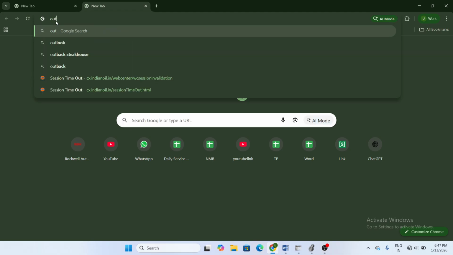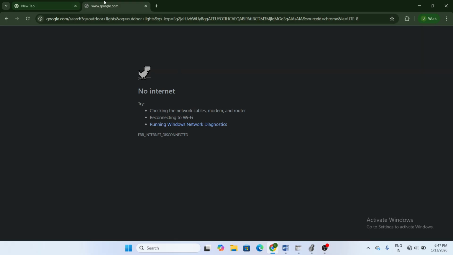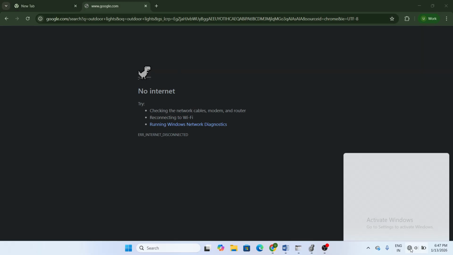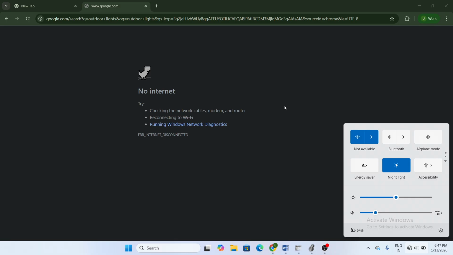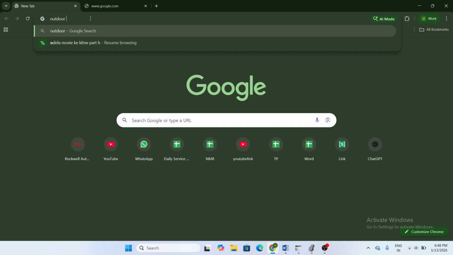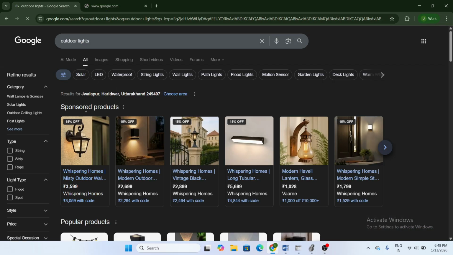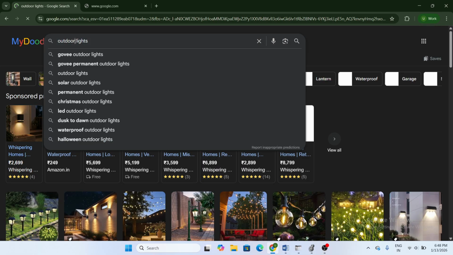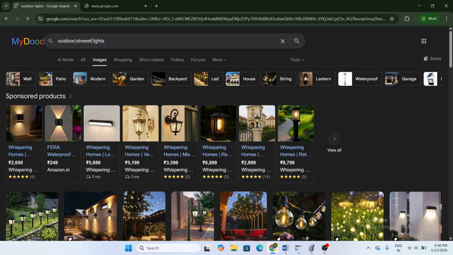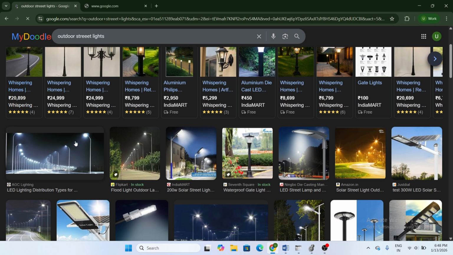These are outdoor lights, an outdoor street light, and it works on the principle of a photoelectric sensor.